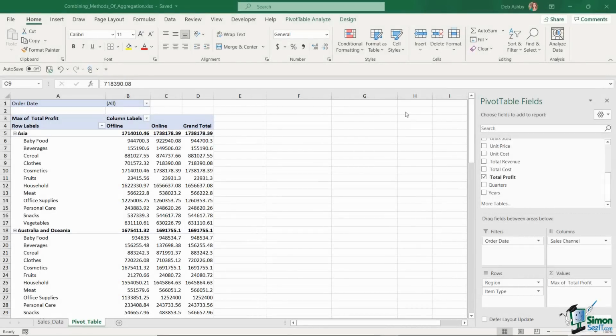So now that we've seen how we can change how we're aggregating our data, let's talk a little bit about combining different methods of aggregation, because this is really going to open up your analysis and take it beyond the source data in your workbook. Now, to demonstrate this, I am going to make a couple of changes to this pivot table